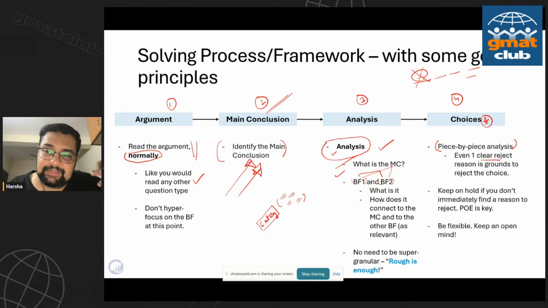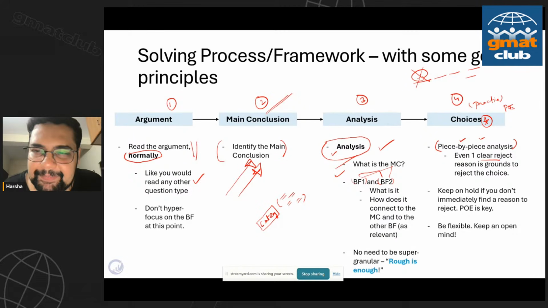This is that one question type where you don't necessarily have to read every choice entirely. I find one reason to reject, I am done. One legitimate reason to reject, I'm done, as far as that choice is concerned on the exam. That is on the exam. While practicing, in the interest of muscle building, both in terms of how to solve boldface questions and general process of elimination, don't do that. Practice everything. Answer each and every node of each and every answer choice, evaluate, analyze that. In the exam, quick decisions can be made here.